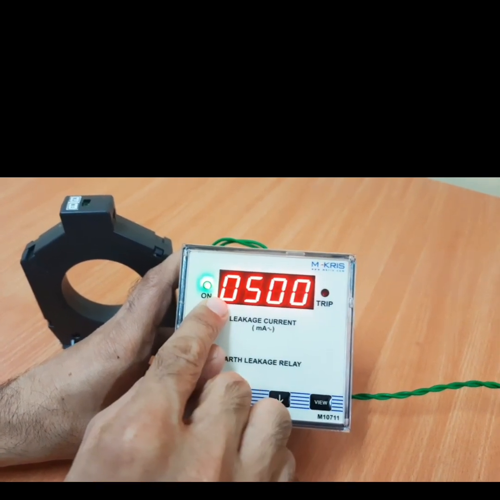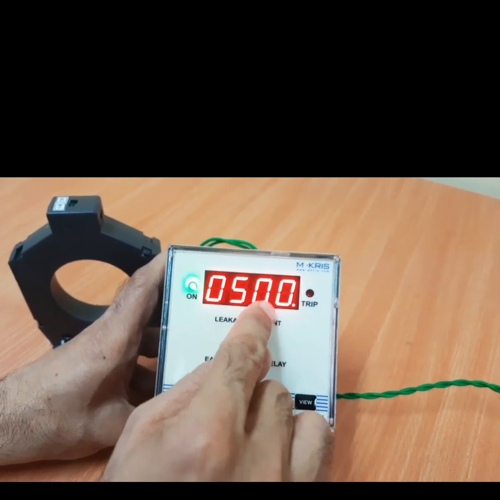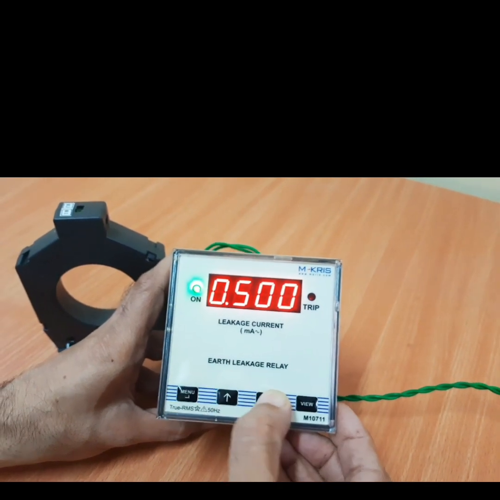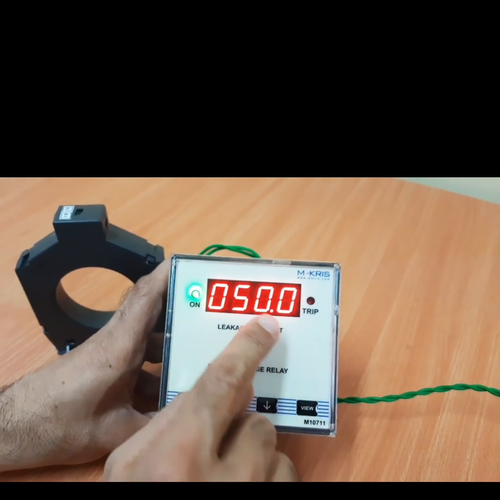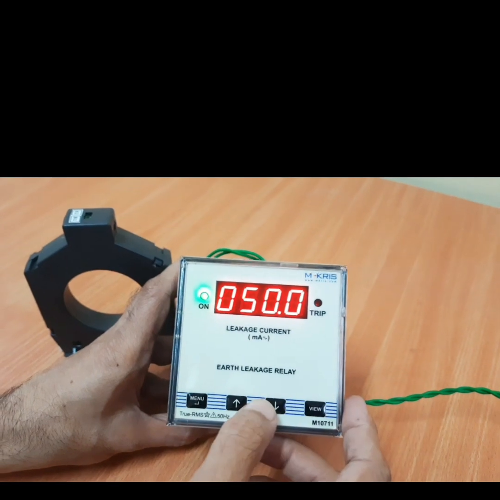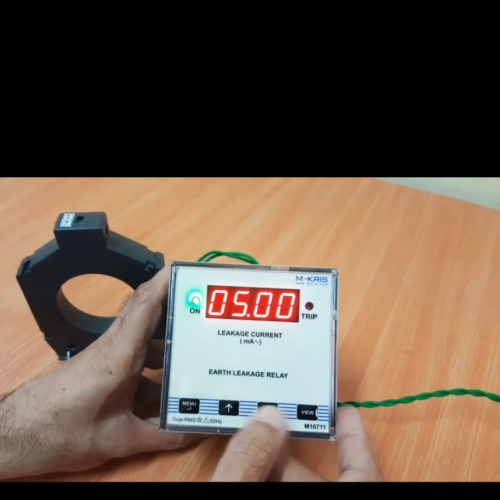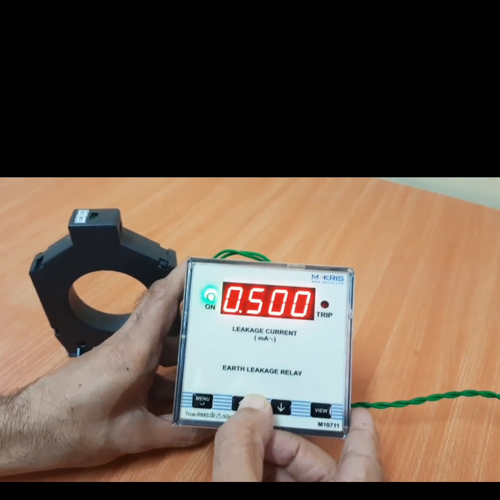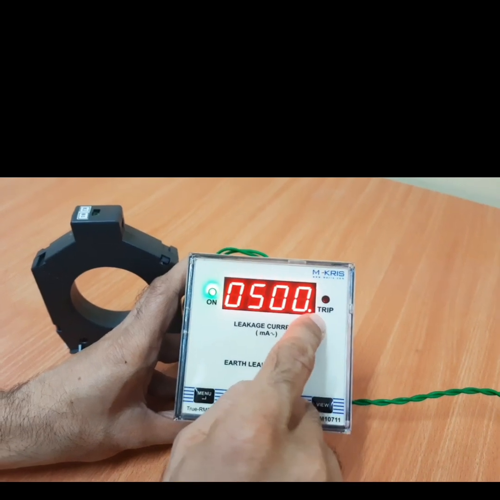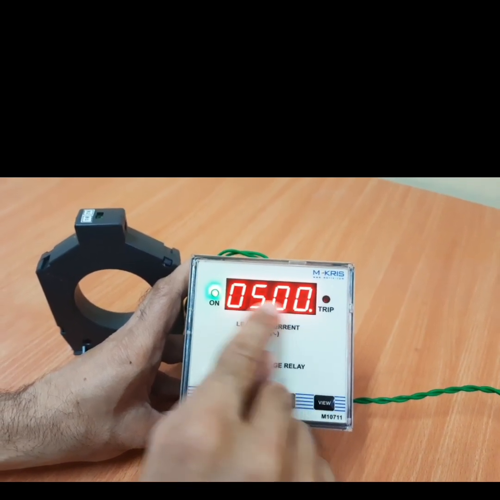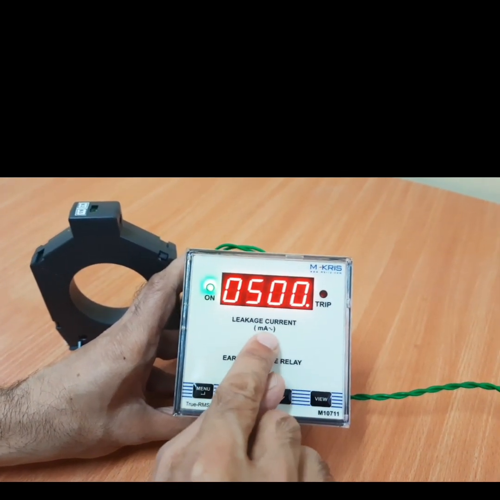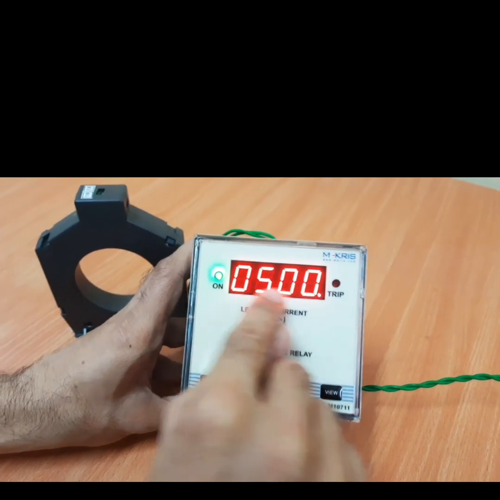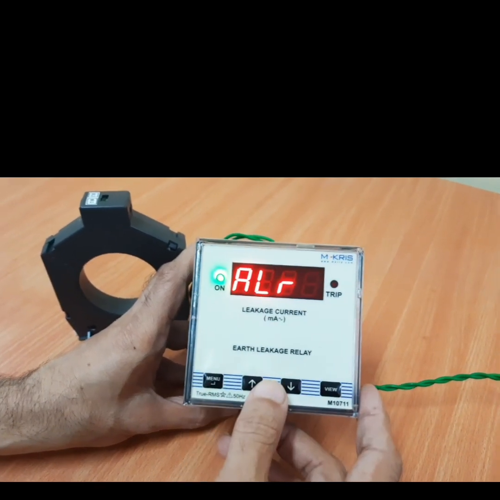shifted to all locations. Suppose we wanted to make it 50 milliampere, then using this we could have done it here, but as we want to set 500, we let it be at the last place. So this is 500 milliampere. We need to be clear that this is a milliampere display. So this is 500 milliampere.